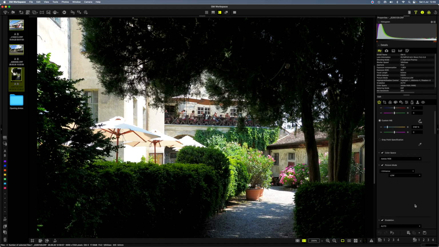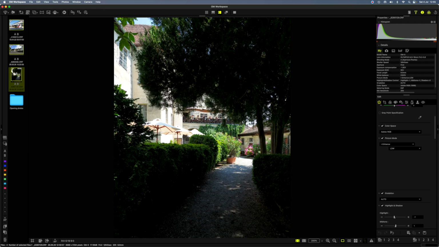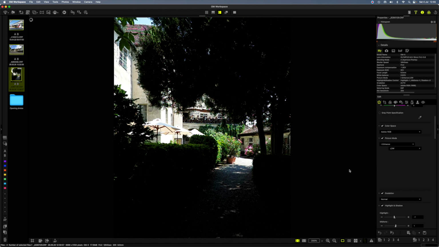And one of the secrets, what did I do? I used the gradation. So I played with the tonal adjustments in the camera, knowing that I can correct it if need be in Workspace. Now just to see what happens. If I go to the normal setting, here you can see this is what the camera was looking at, because I used -1 EV. So I managed the sensor, I managed the dynamic range, and I played with tonal adjustments to make sure that I get the right look for my image at the end of the day.